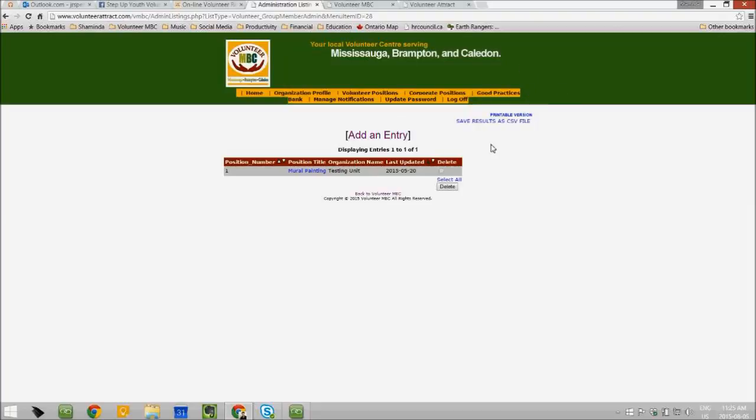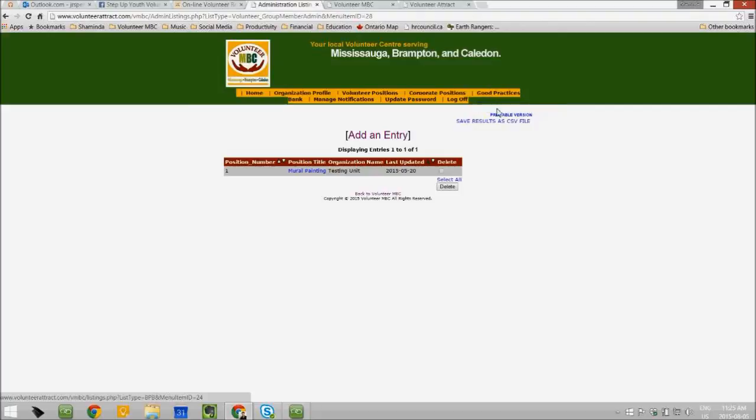The next functionality that I want to show you is the Good Practices Bank, which is basically a knowledge sharing opportunity. When you hover over the option, a drop down comes up as submit a good practice bank resource. If you have any templates or resources that you feel will be beneficial to the sector and to your peers, please do submit those resources to us.